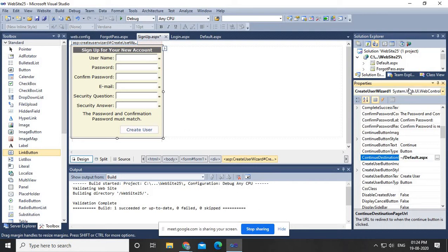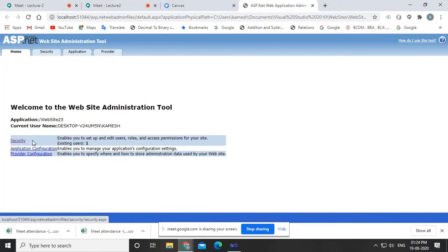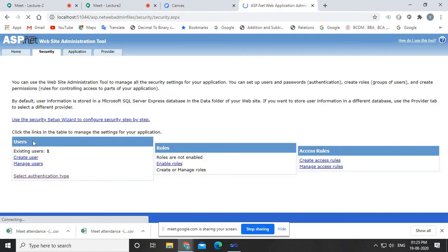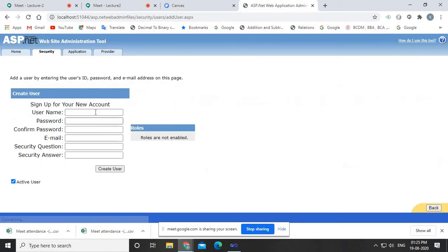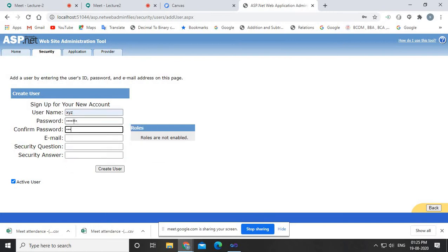Fine. Now one more thing that we have to do, we have created one user. So here it is showing existing user, there is one user there. Okay, fine. Let's suppose you want to create one more user, you can also create the user from this administrative tools too. So here you just create another user, for example XYZ. I'll just write XYZ123 and dollar, XYZ123 and dollar, here say XYZ at, and this one. Fine.